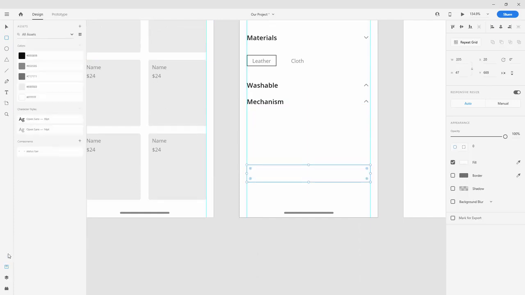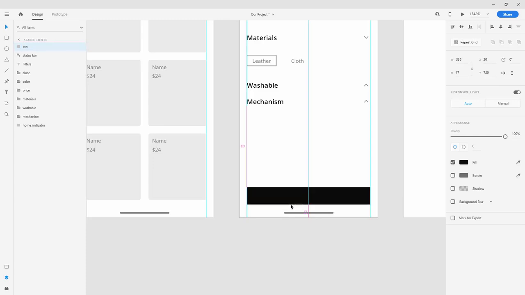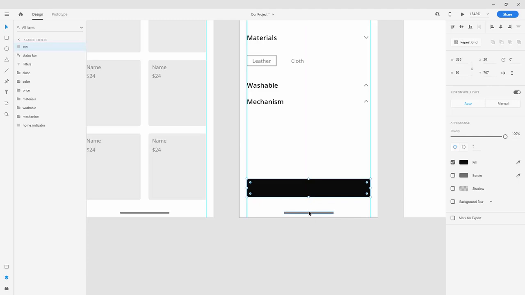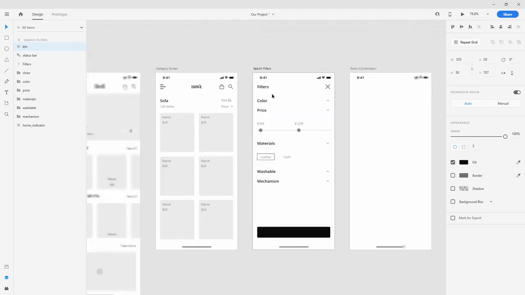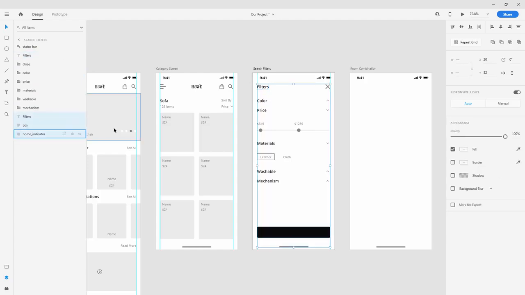We're going to choose this color because it's nice and bold. We're going to type in BTN, which is short for button, and we're going to position it, for example, 40 pixels, but let's first use the dimensions. Let's use 335 with 50, and I'm going to use 5 for the corner radius, and then I'm going to move it 40 pixels up from this home indicator. And finally, I'm going to need just one text. So let's use filters text, like so, Control D, move it down to the bottom,